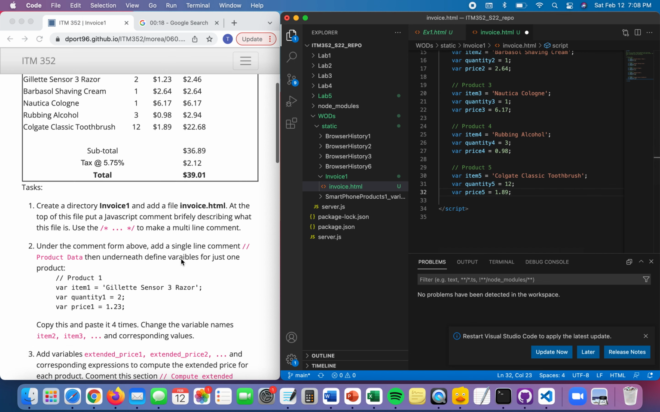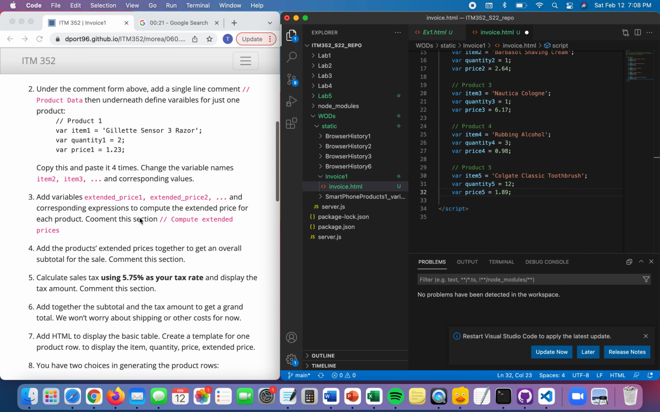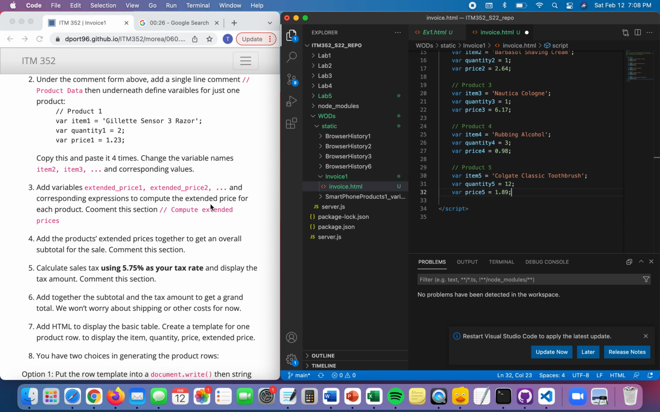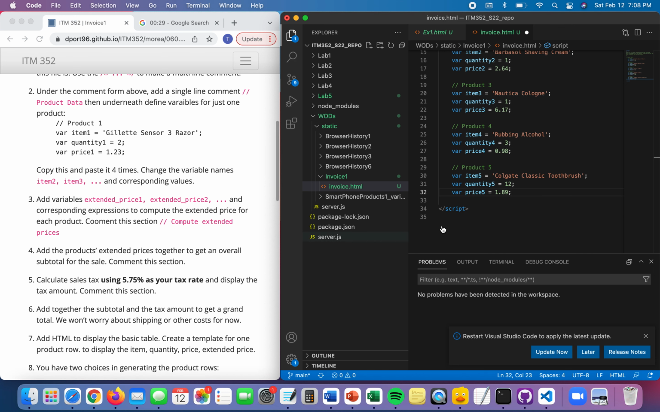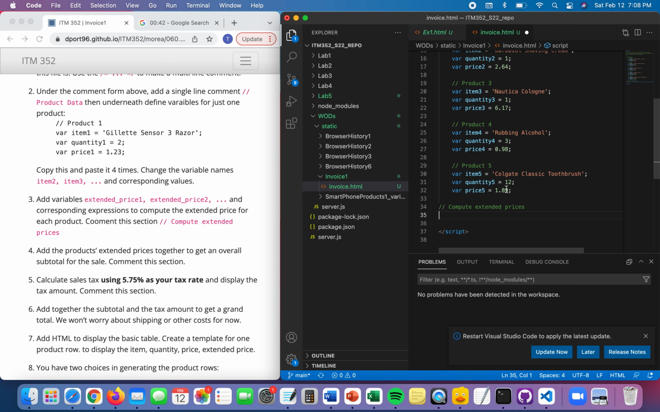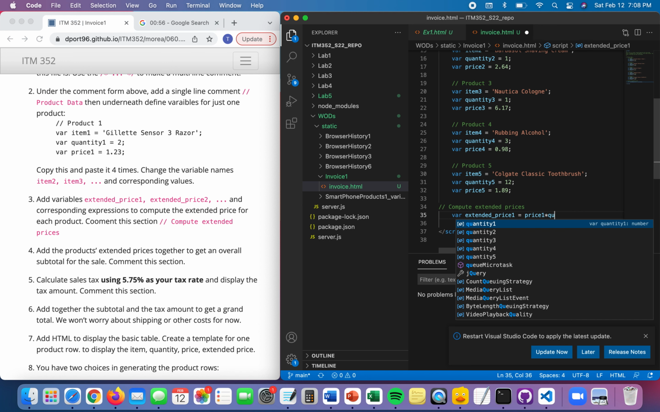Okay, all the products should be defined, and then add variables, extended price 2, and corresponding expressions to compute the extended price for each product. Okay, so I'm going to start a new section. Compute extended prices. And to get the extended prices, I need to multiply the quantity by the price. So I'm going to start var extend, I have to define the variables. Extended price 1 equals price 1 times quantity